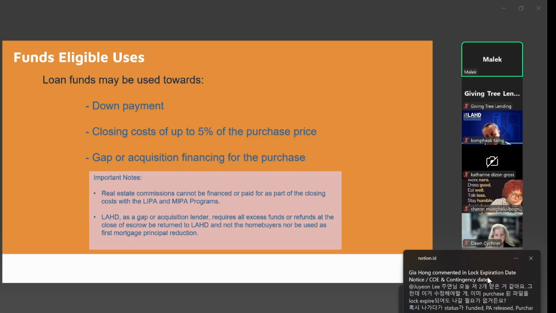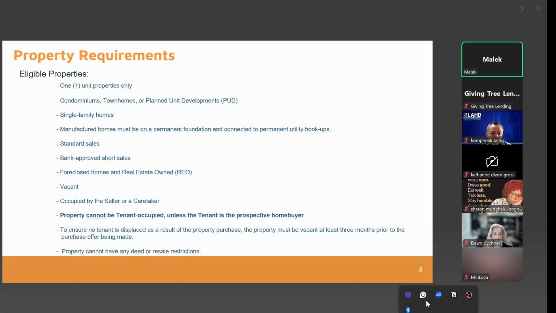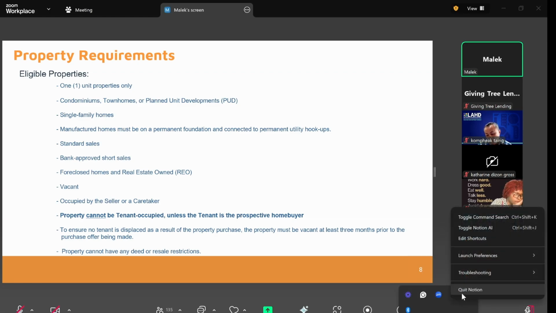Used as first mortgage principal reduction. Property requirements, eligible properties: one unit properties only, condominiums, townhomes, or planned unit